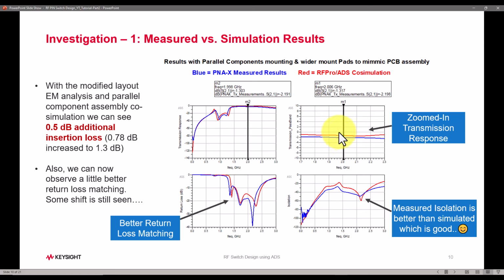On this side, I have provided a zoomed in transmission response, and you can see the difference is pretty consistent throughout our bandwidth, and the trajectory of the transmission response is pretty well defined. Isolation, we didn't need to worry because measured isolation is already better than simulated. Remember, this blue trace is the measured response, and it is already offering me more isolation than what I have